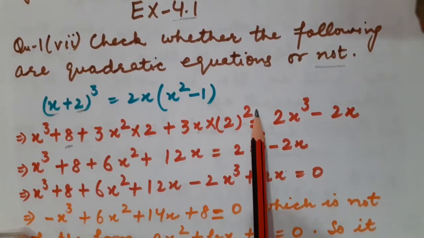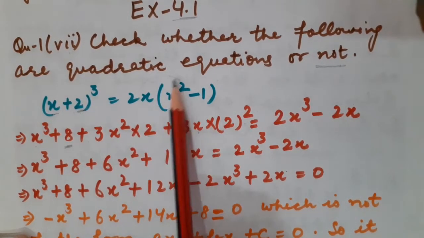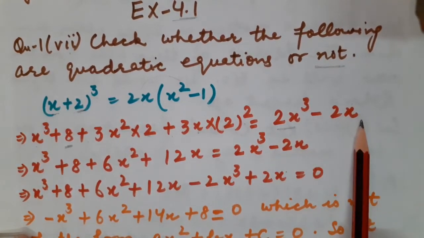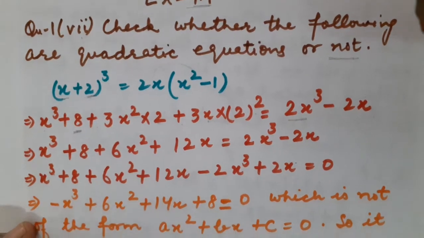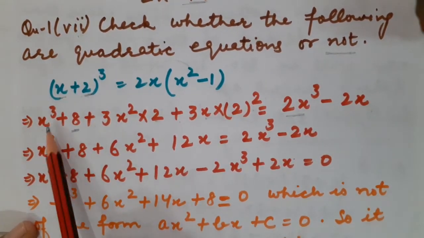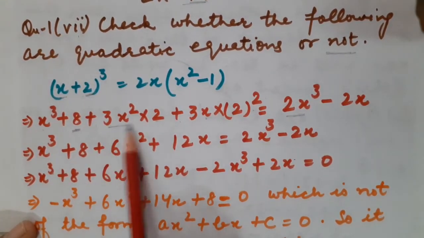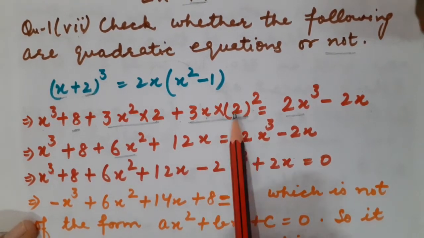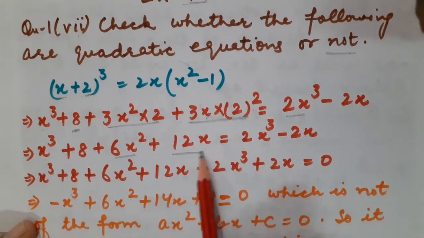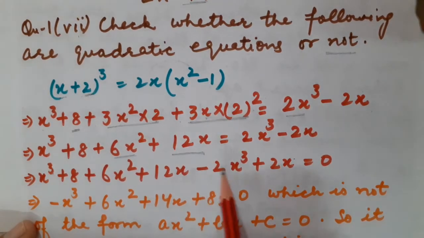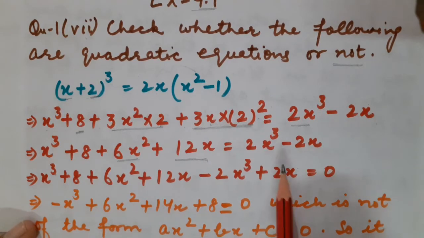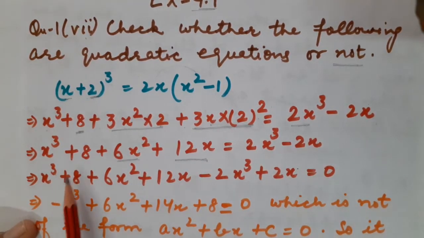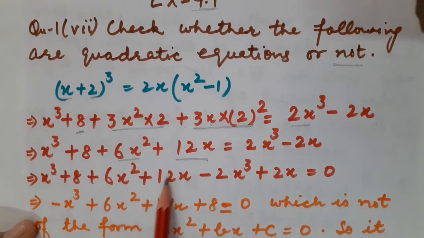What is b? 2 square is equal to, now multiply 2x by both the terms. You will be getting 2x cube minus 2x. Correct, children? Any confusion in it? Okay. Now, this is x cube plus 8 plus, I am simplifying it. I have got 6x square. And after simplifying this, 2 square will be 4. 4 3s are 12. I have got 12x. Correct? So this is equal to 2x cube minus 2x. Now, x cube plus 8 plus 6x square plus 12x.